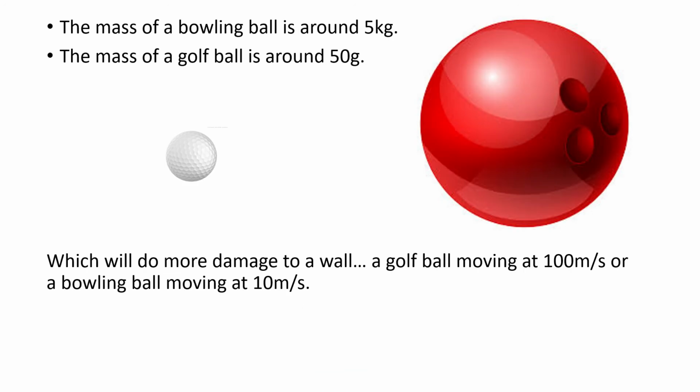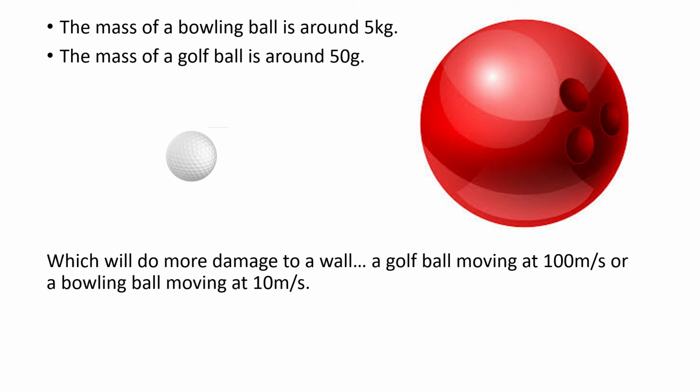And finally, back to our original question. The mass of a bowling ball is around 5 kilograms and the mass of a golf ball is around 50 grams. So let's consider which will do more damage to the wall. If we base this on our understanding of momentum, we will realize that 5 kilograms times by 10 meters per second is going to be 50 kilogram meters per second. Whereas a golf ball with only 50 grams, so that's